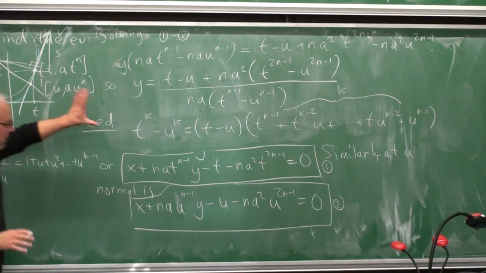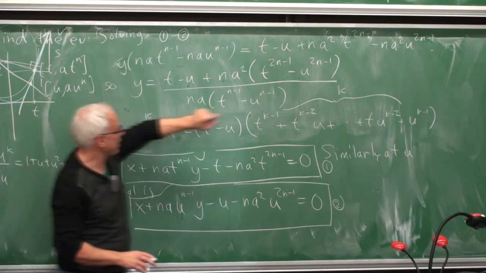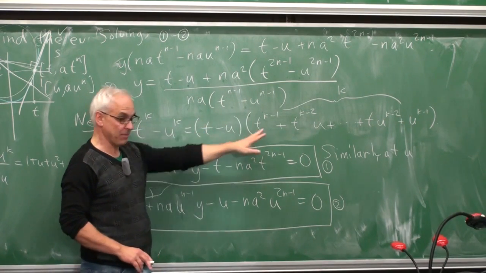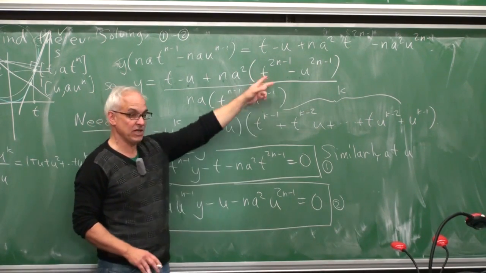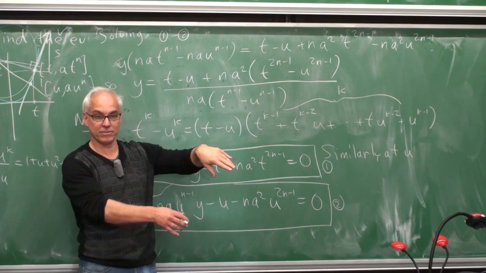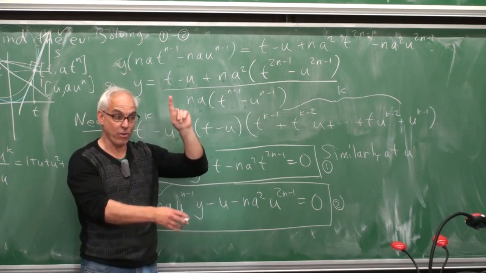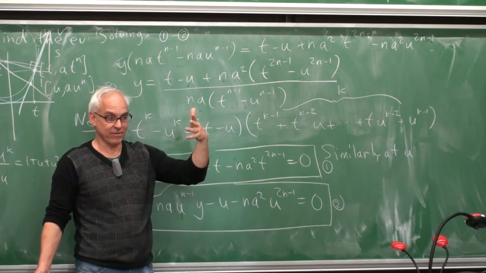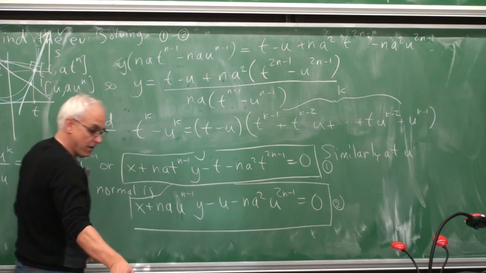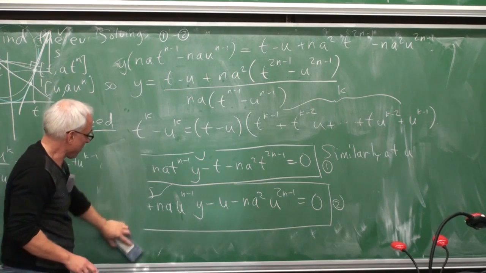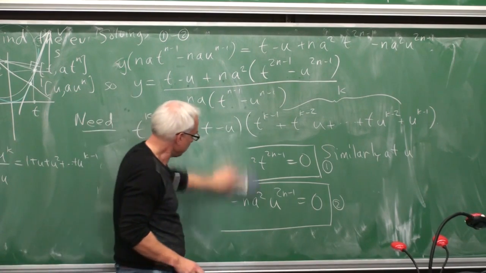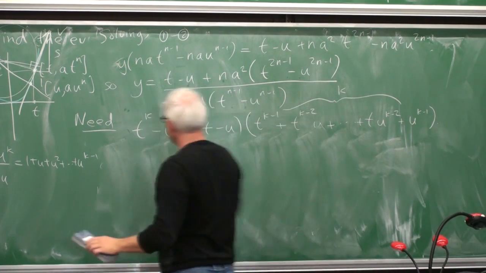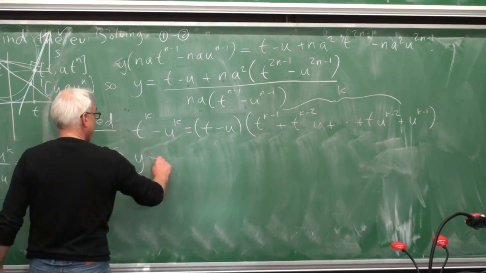All right, so now having that at our disposal, we can replace this thing with something like this. We can replace the thing down here with something like this. And then there'll be this common factor of t minus u everywhere that we can just drop before we take the limit. That'll make it much easier to take the limit. All right, so let's do that. So let's just rewrite this thing.